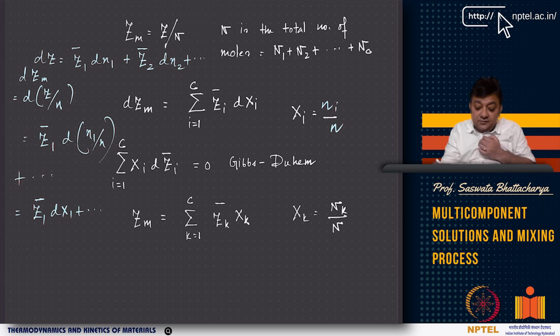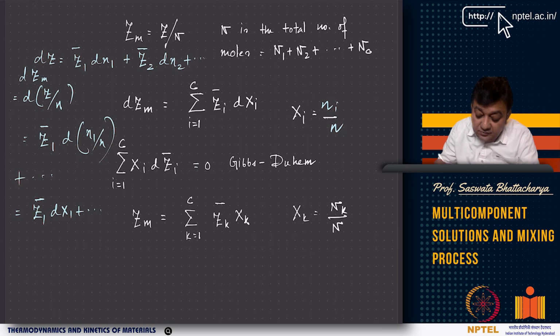So that we know, right? Now it has become xi. Remember, this has become mole fraction, and previously it was mole number. Mole number is an extensive property, but mole fraction, which is the ratio of Ni and N, where N is the total number of moles of all components in the mixture or solution, and Ni is the mole number of component i, is an intensive property.